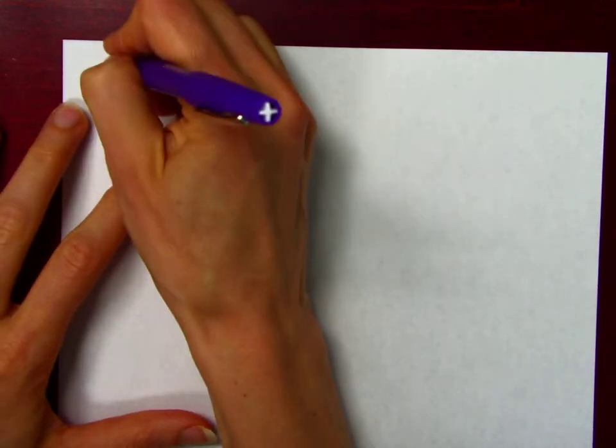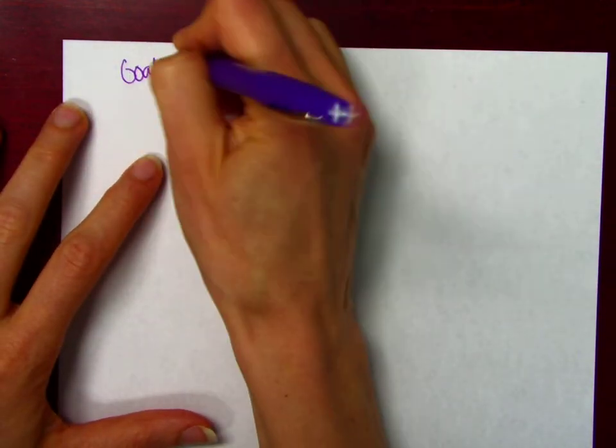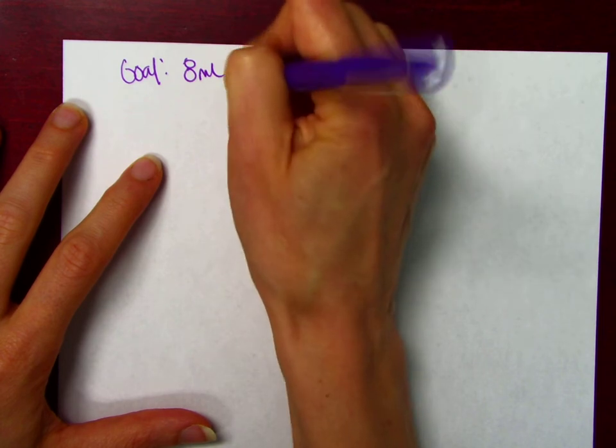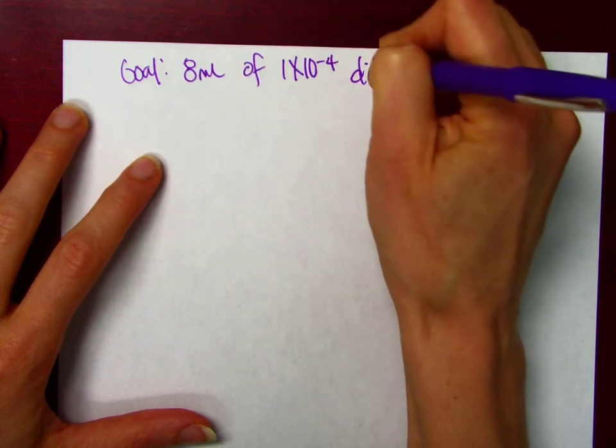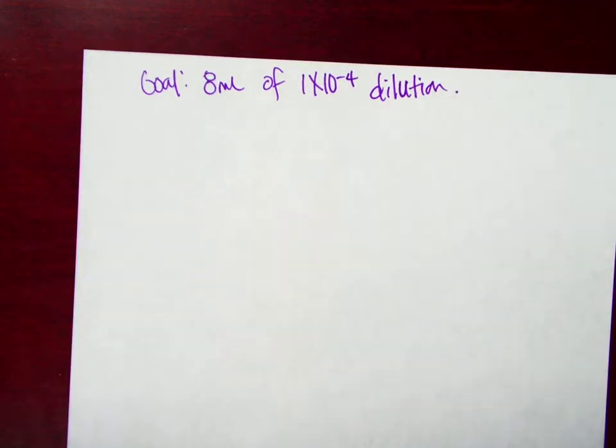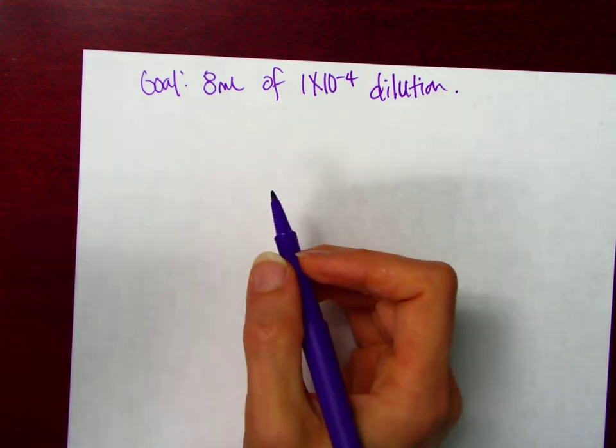Okay, so our goal is to make 8 milliliters of 1 times 10 to the minus 4 dilution. Okay, that is going to be what we're working on. So you will need to be able to do this in lab, on your homework, and for the quiz/test. Okay, so